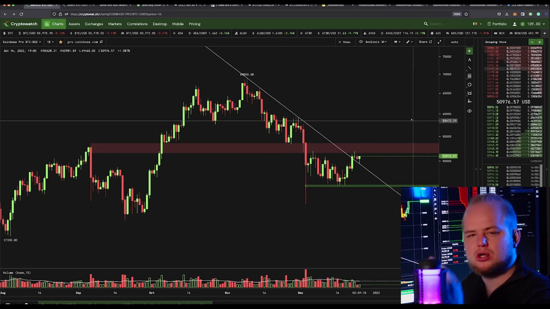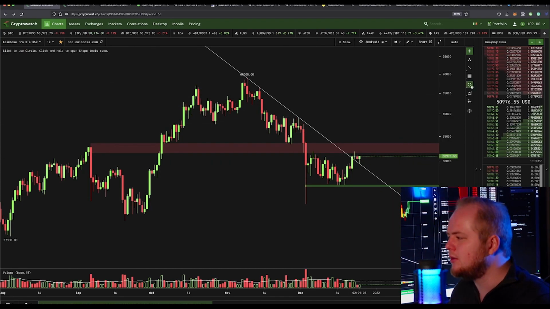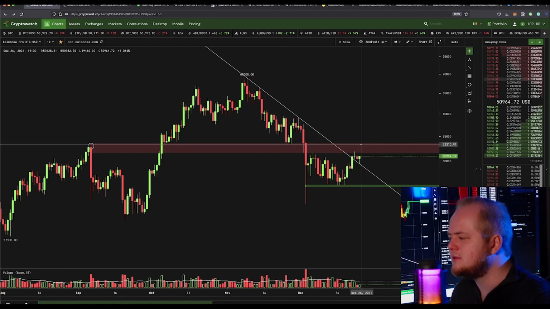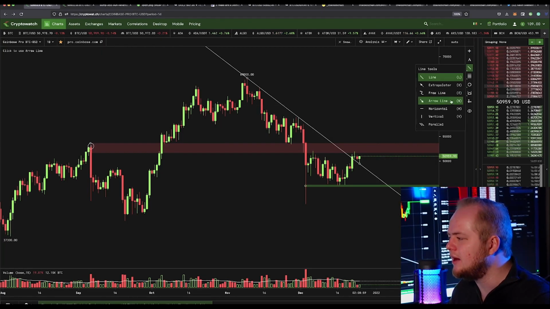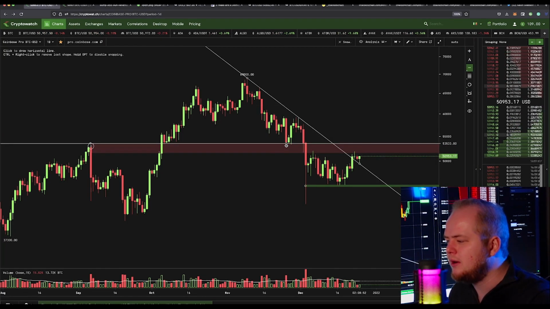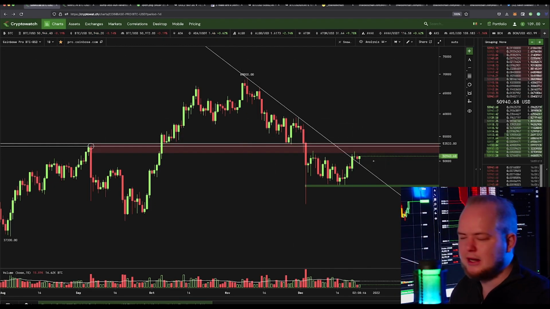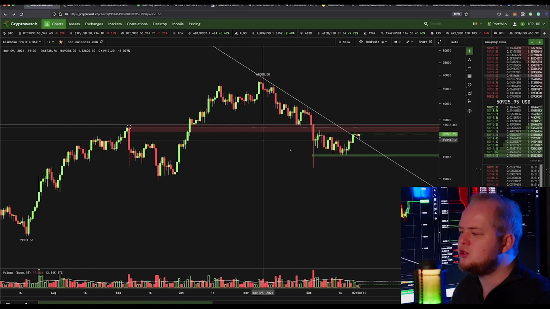And the next major hurdle in the shorter term is going to be getting above the previous high from September of this year, which is about 53,500. I would say that that is the level that I'm personally looking at. A lot of support in this range from before, also right here. So we need to be getting above 53,500 and getting closes above there, because if we don't,